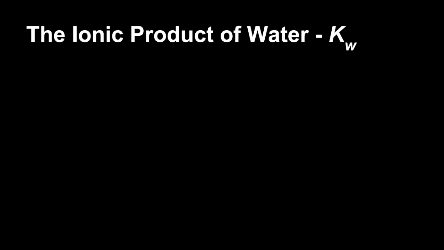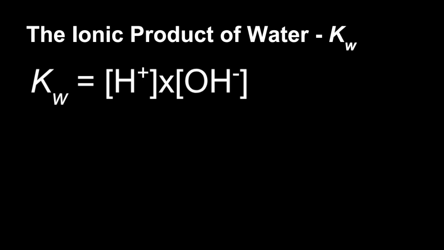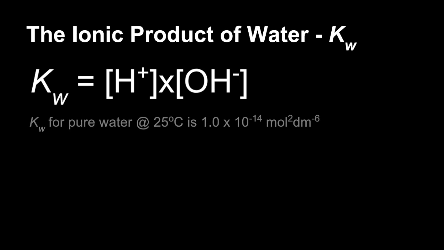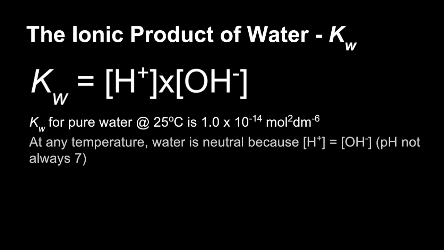So if we finish with this one, the ionic product of water, Kw. So there's the expression for Kw. It's a special equilibrium constant just for the dissociation of water. It's equal to the H+ concentration multiplied by the OH- concentration. So for pure water at 25 degrees C, Kw is equal to 1 times 10 to the minus 14 moles squared dm to the minus 6. Now that's on the data sheet, you don't need to worry about that, but it's worth